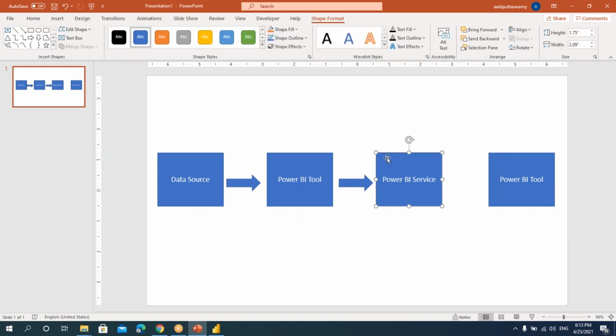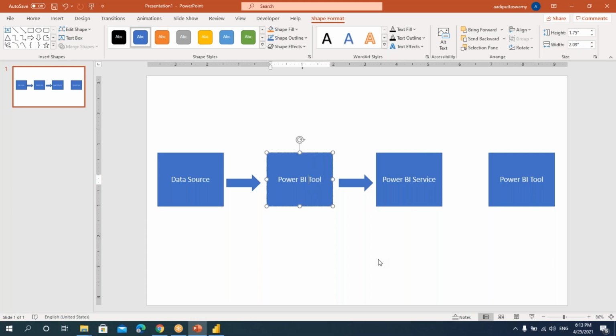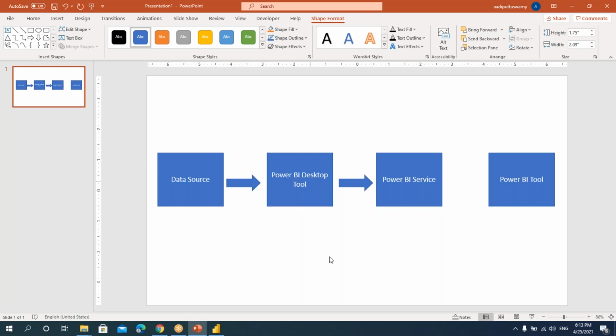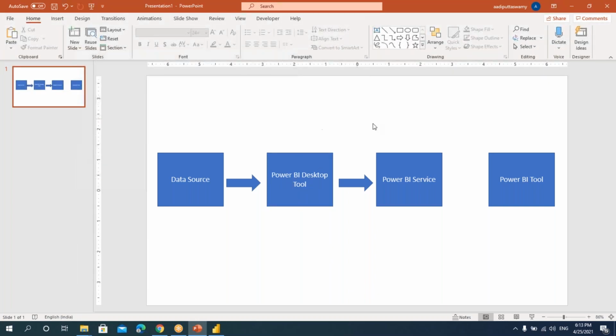When I say this service, this is something like online where after the tool, say desktop, whatever is there, after this desktop, we'll create some reports in this and I'll send this to the service, that is the online, where we can send it to the client.